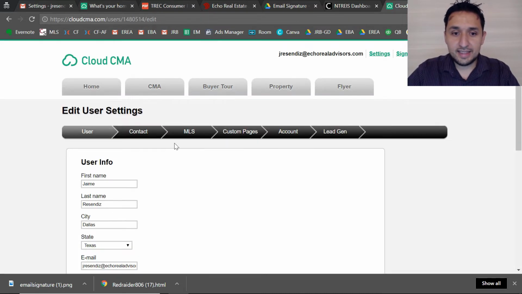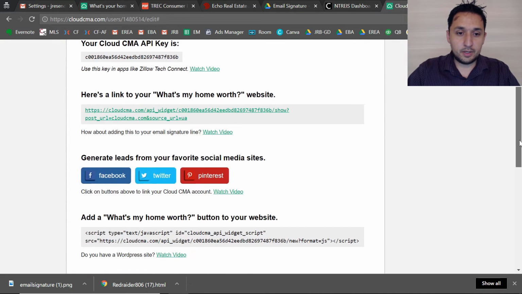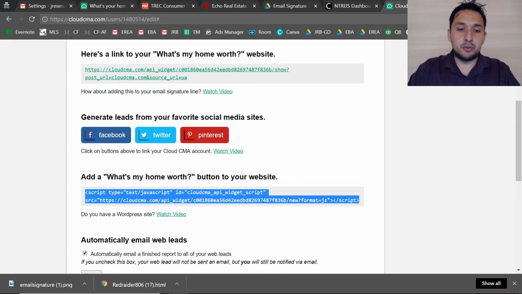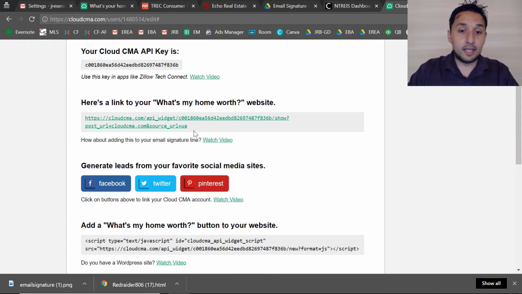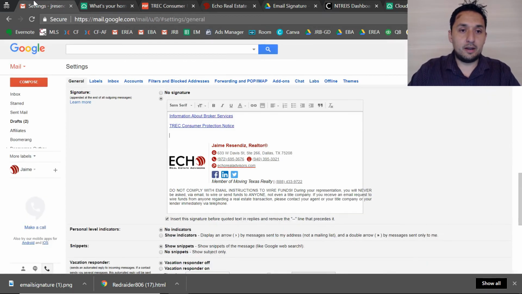So to get that code, you would go to settings on Cloud CMA, you land here, you go to lead gen. If you were going to install it on your website as a widget, then this is the code that you would use. But for me, I only want it as a link, so essentially a hyperlink. I would copy that. I'd come over here and I would put,